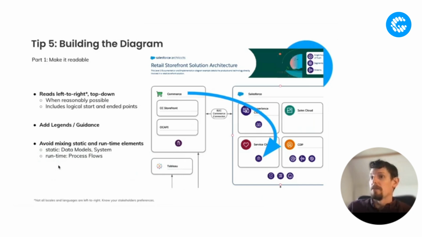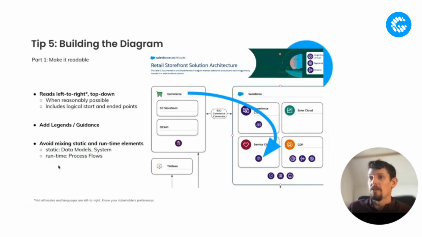And the first one is reading left to right, top down. Every diagram is like a book. Most people's eyes will start in the top left corner and move down to the right. This is just naturally progressive, most natural to people, even if they don't realize it. So for example, in this diagram, we have a retail storefront solution architecture. You may think Salesforce is the most important thing in this diagram, but the truth is, if you're talking retail